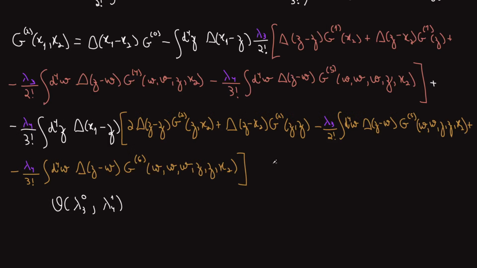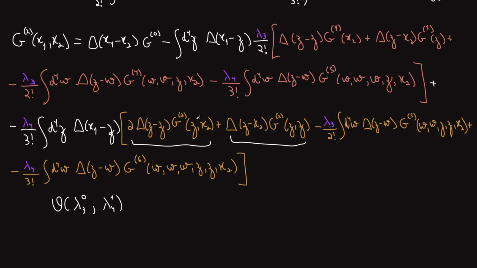Now this second term, right, it's linear on lambda 4 already at the very least, right? So this piece and this piece I can ignore too, because this will be proportional to lambda 4 times lambda 3, right, which I don't want, and this one will be proportional to lambda 4 squared. So I really only have to look at these two guys here, this one and this one, right?